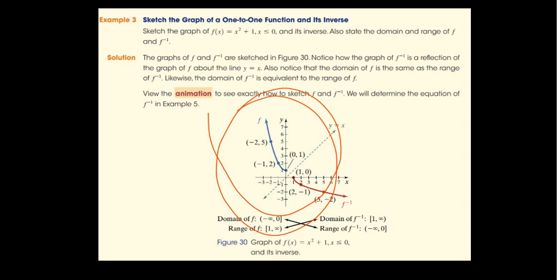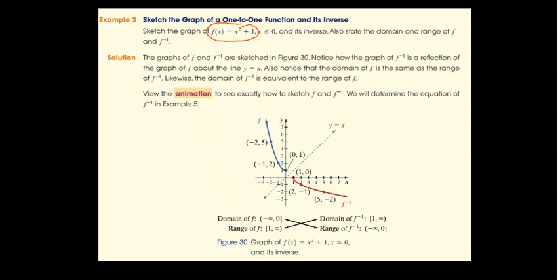We know right away that this function by itself is not 1-to-1, so it does not have an inverse function. But when we restrict the domain to x values less than or equal to 0, that's when we get